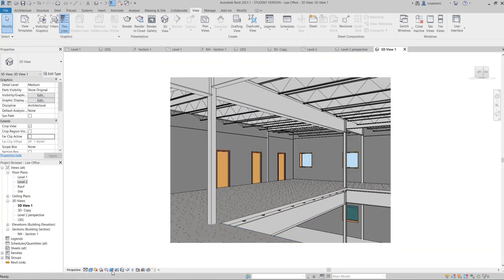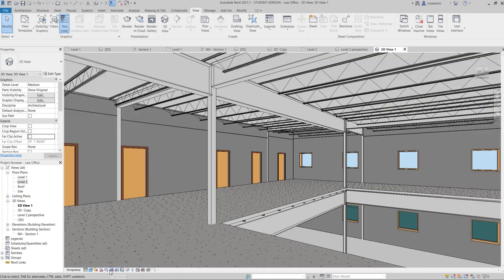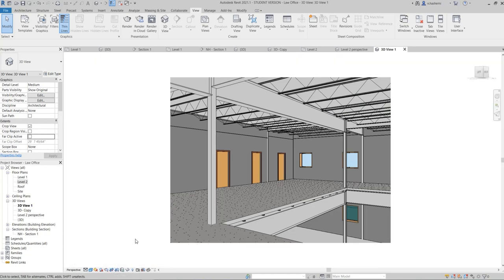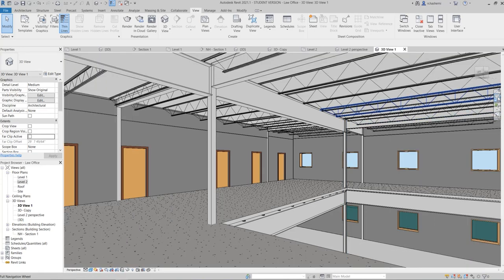So if you want to use this drawing in your sheet and place it in a sheet, you need your drawing to be cropped, okay? So if it is uncropped, you cannot place it on a sheet. There's another option you can use to navigate through the building, and that's this button. So instead of just using the pan tool, you can just use this navigation tool to navigate through the building more precisely.